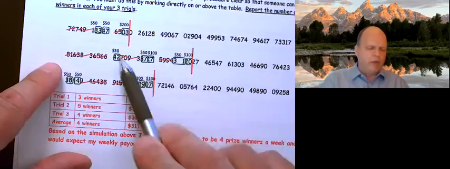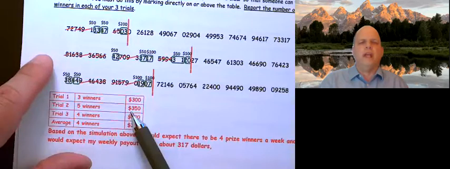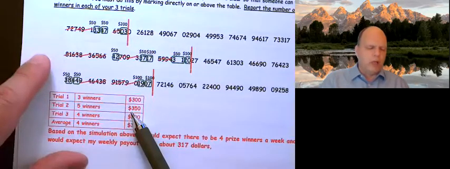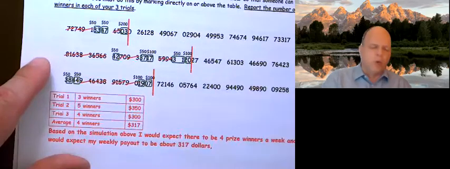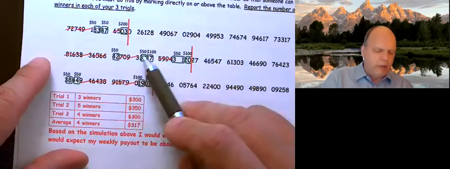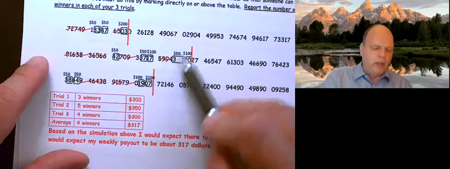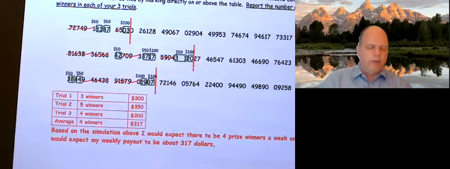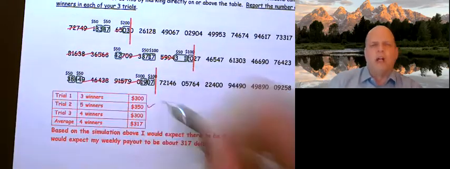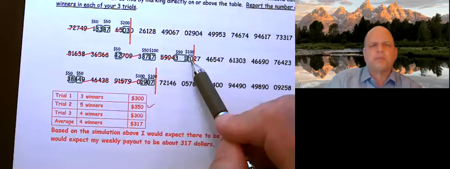When I add those up, they sum up to $350. You're like, well, that's too much. And you're right. We wanted 300 or more, but 50, that's 100, 200, 250. So that's not enough. So we get to here, that's not enough. So we had to go one more. The next winner took us over to 350. So we had $350 that week. And we had 1, 2, 3, 4, 5 winners.